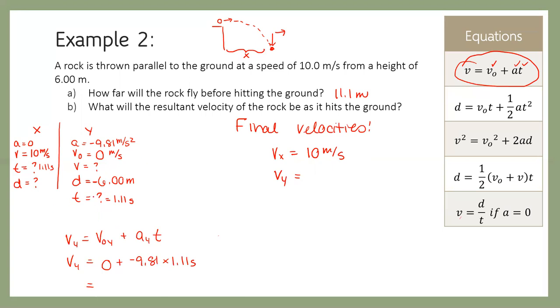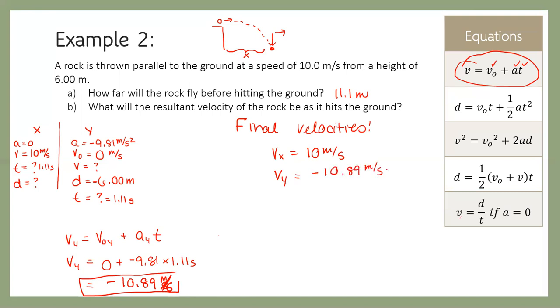Yeah, I'm getting the same numbers. That's always good. So I'm getting negative 10.89 meters per second. Okay, so we're going to take that and plug it over here. Negative 10.89